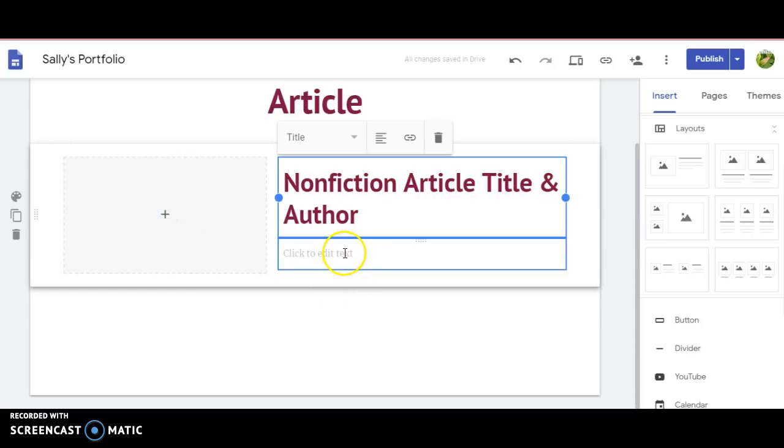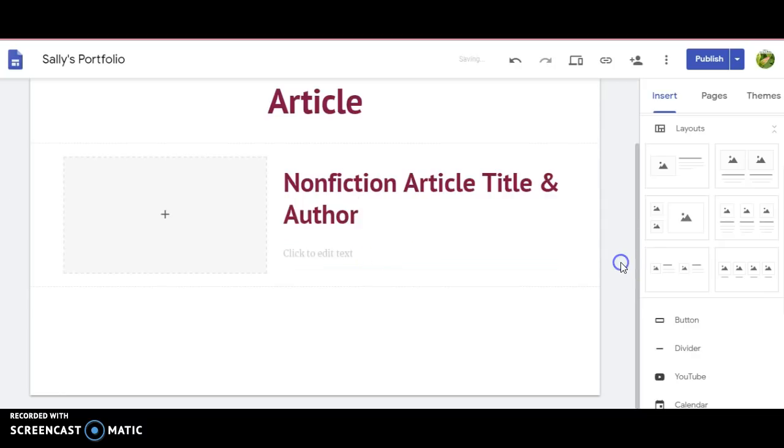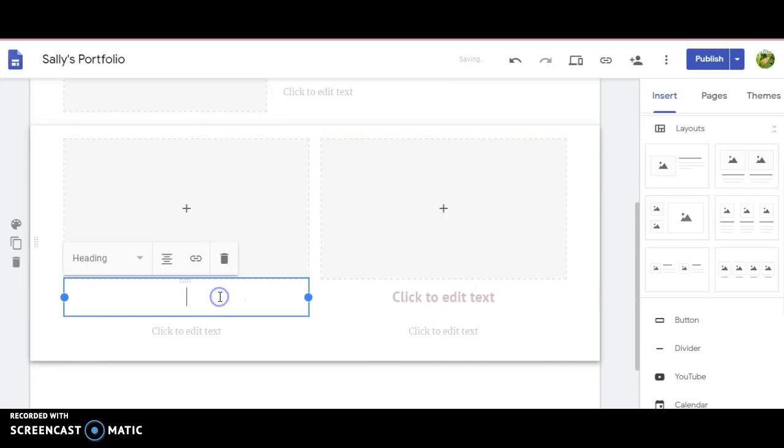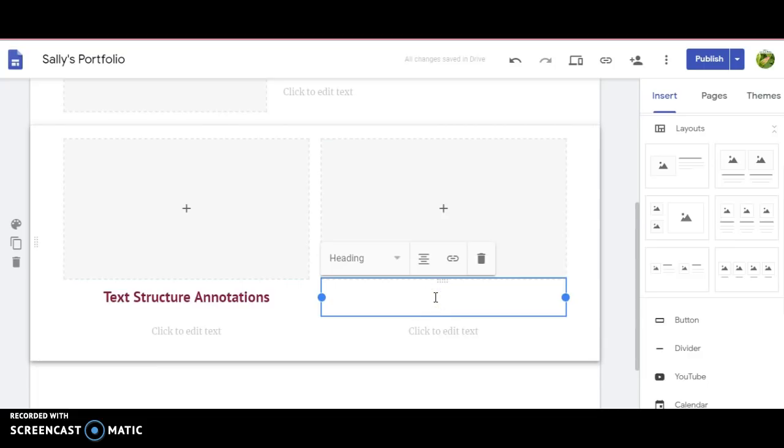Okay. And then in this text piece is where you're going to start. You're going to give a little description about why you chose that particular article. The next thing that you're going to do is you are going to select the double image layout. And for this one, you are going to label one of them text structure annotations, and the other one language